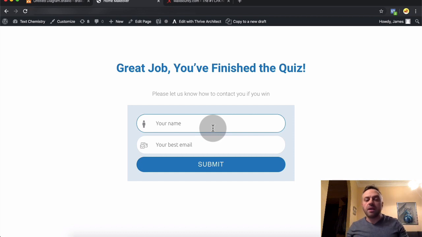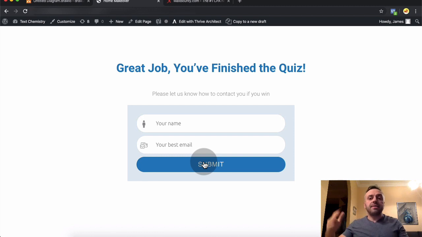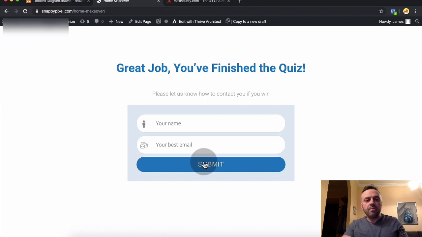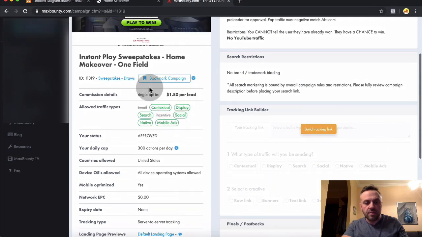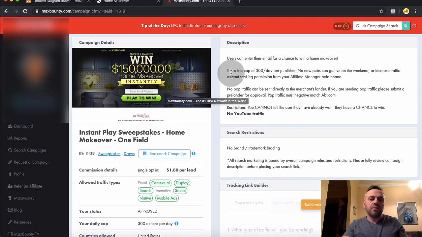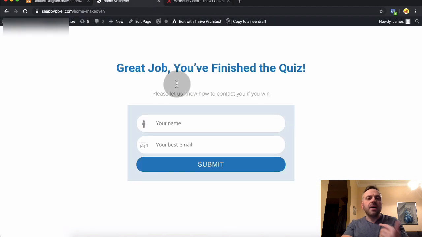I get all these emails. I've collected a ton of emails from different offers. And even if this person later on sees this thank you page, they still need to enter their email on this offer, whatever this offer is. In this case, it's a single opt-in, but other times they need to fill out several pages. There are all kinds of offers. So there's still not a guarantee that they're actually going to go through the process and fill out everything they need to fill out. But the good part of that is that we've gotten their email address,